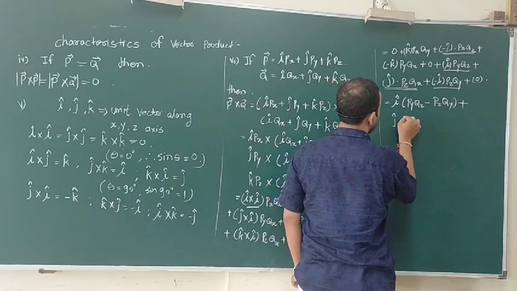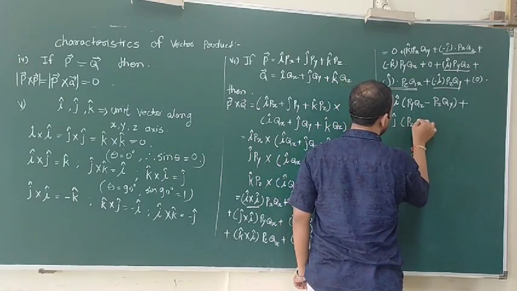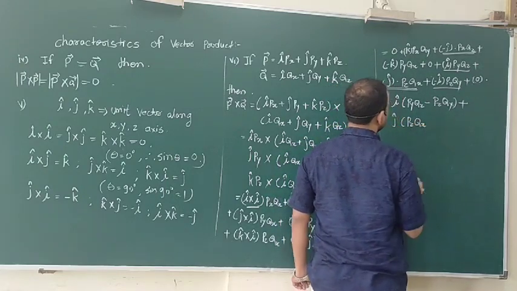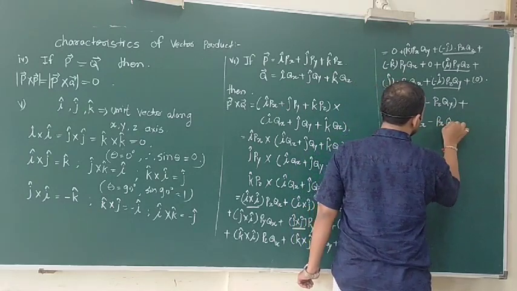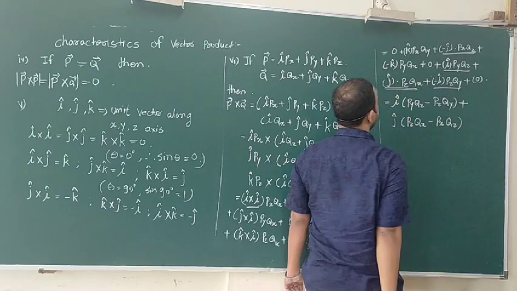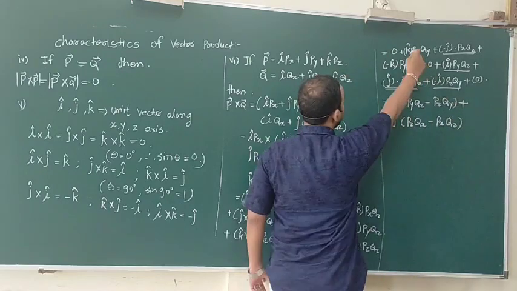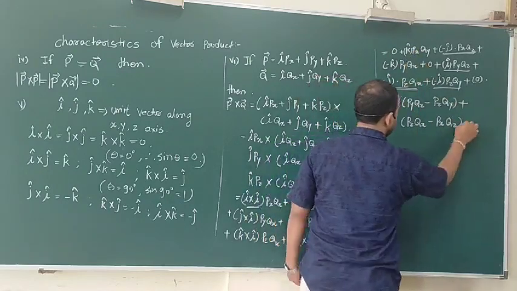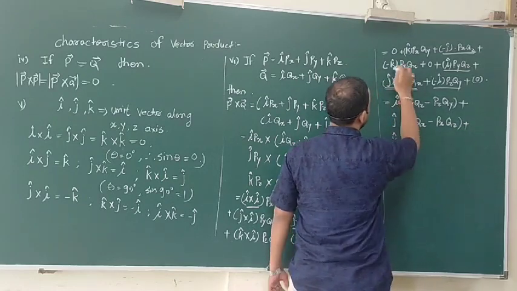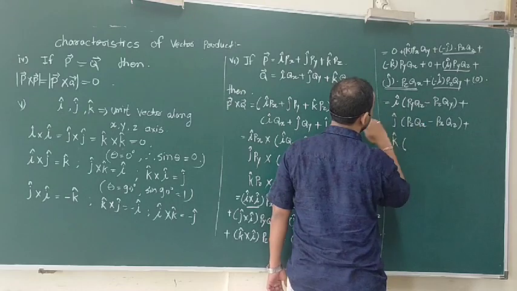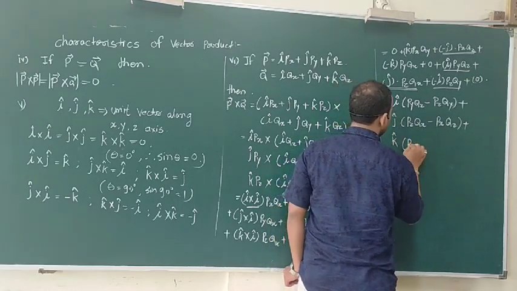So we get pz qx minus px qz. Now remaining k cap. So plus k cap. We can take k cap common outside. So we get px